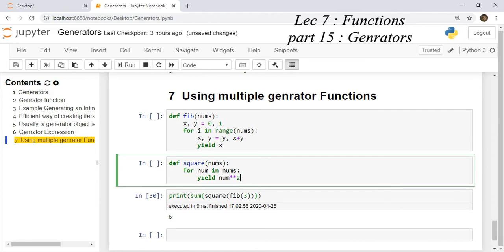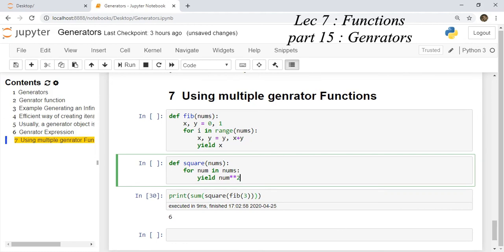For example, if you call fib3, it will create a generator object of the fib generator. It will first produce a value 1, the square function will be called on 1 and it will yield 1 square. Then the sum variable will sum the value 1.